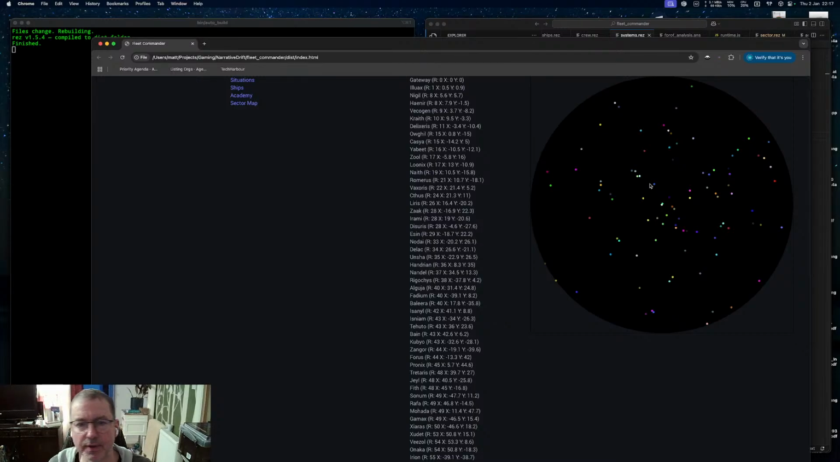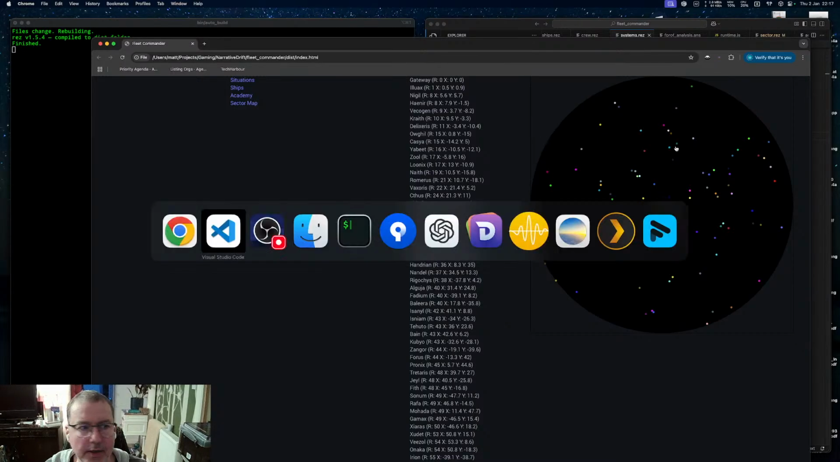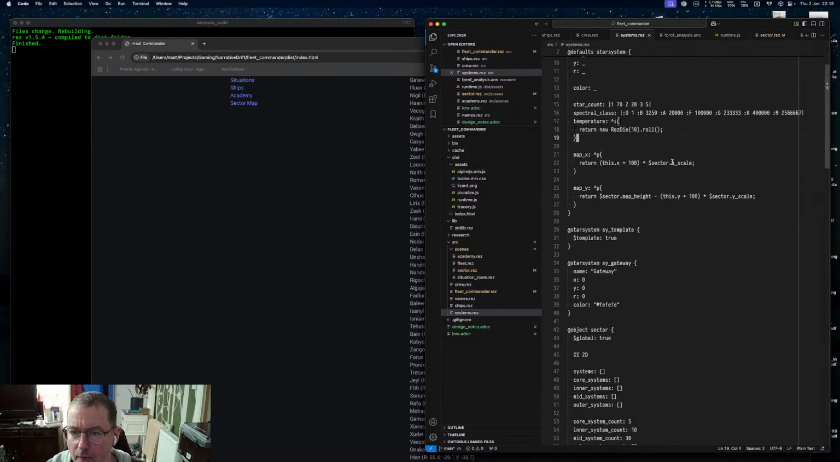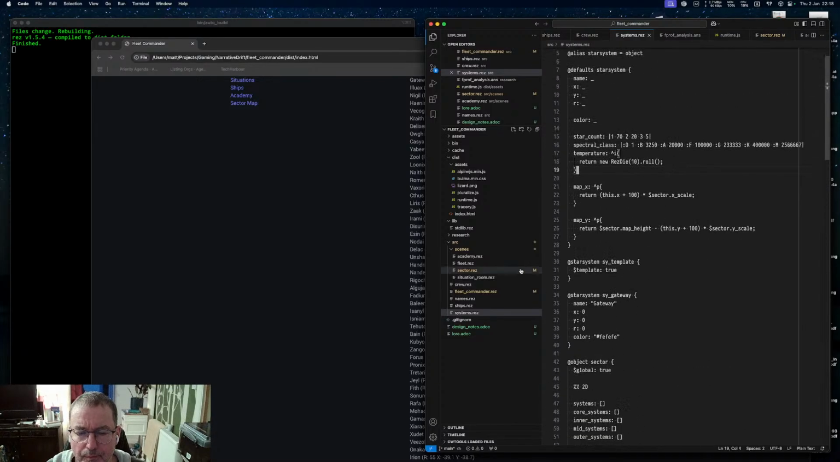I still haven't worked out what the distance is. Now, I'm playing with the notion of actually creating proper spectral star systems. So star count, spectral class, temperature. That's something I could work on. But in fact,